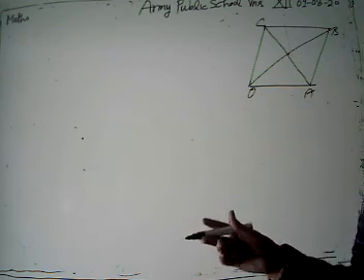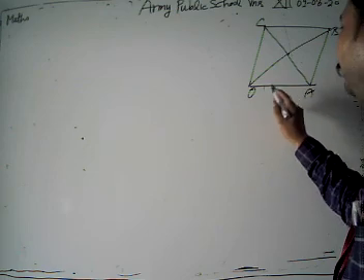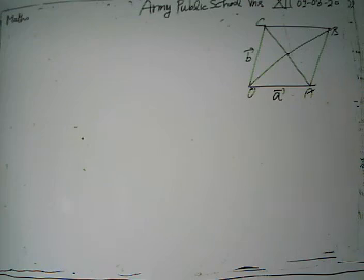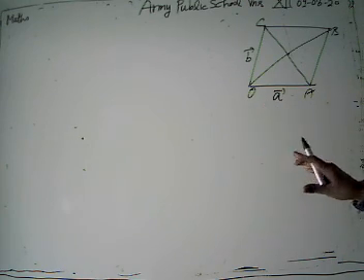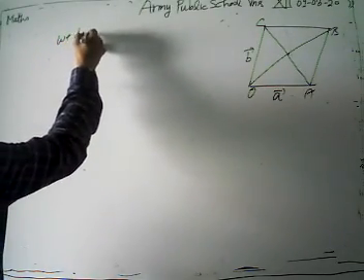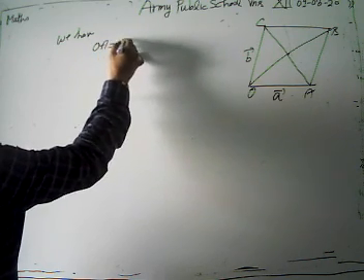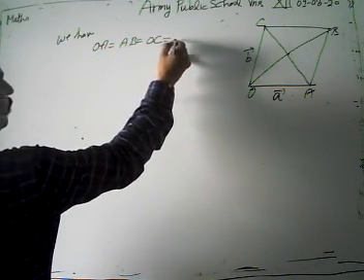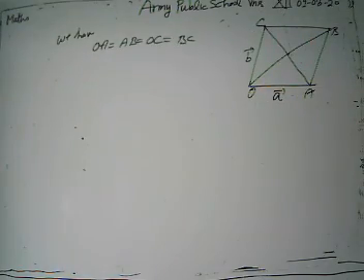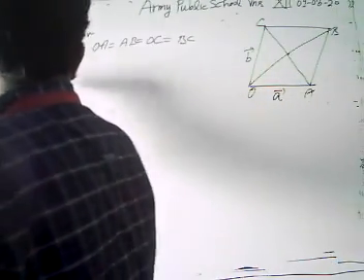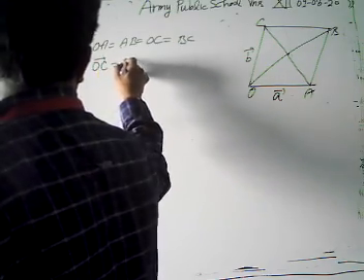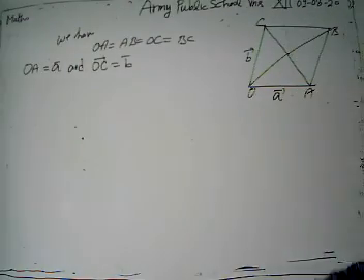Now this point is a midpoint here. Then how can we show it? First of all, let's take O as the origin, and take A and B. We take our vectors. Given that it's a rhombus, we have OA equal to AB equal to OC equal to BC, because in a rhombus all sides are equal. We take OA as vector A and OC as vector B. Now we have vector A and vector B.